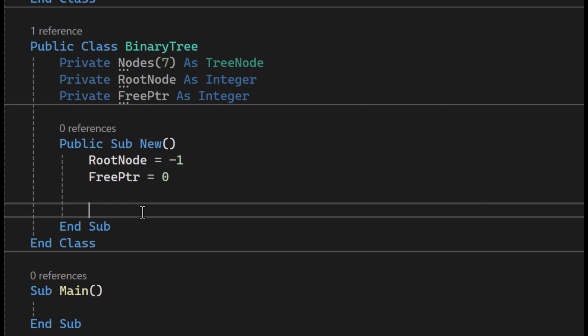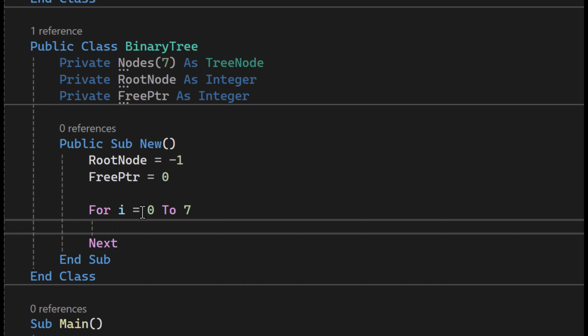So what we want to do is initialize it. Cambridge, 99 to 100% of the time, or if not all the time, will have you initialize an array. So we're going to initialize it to -1, which is our representation of a null value. So we're going to do for I equals 0 to 7. Now, you don't have to do this to make your program work, but it will prevent any null exception errors